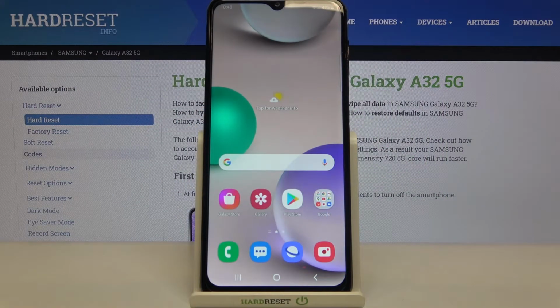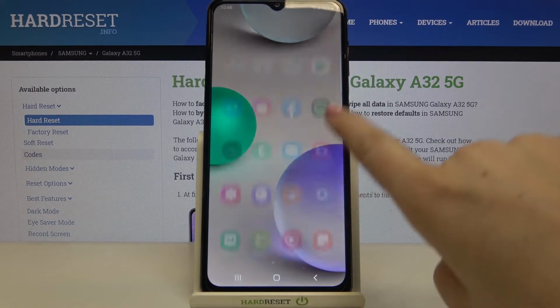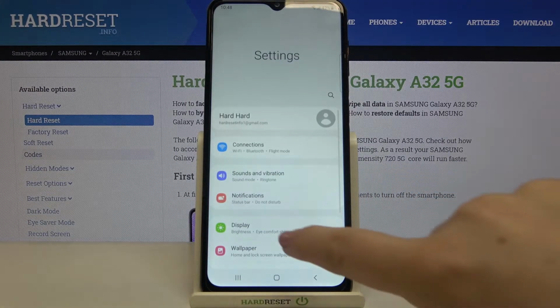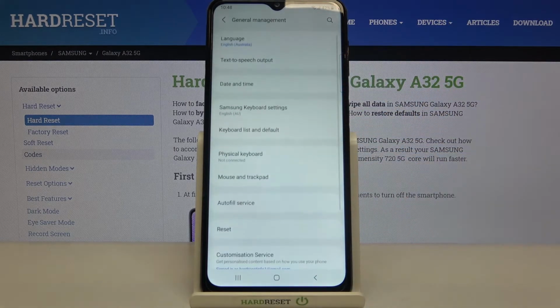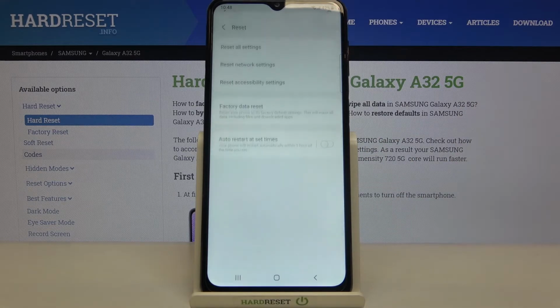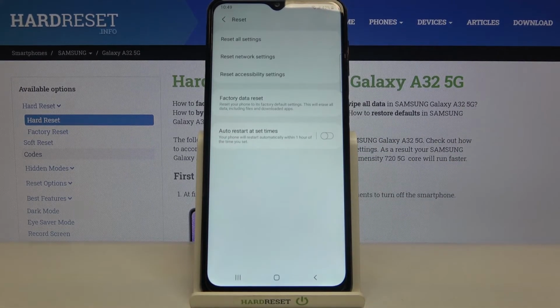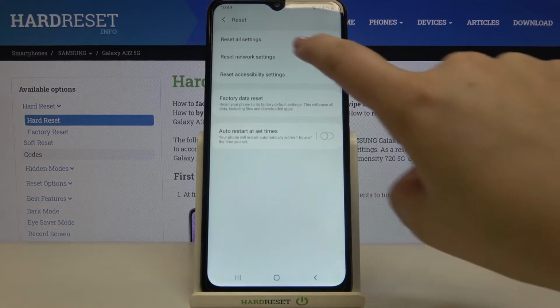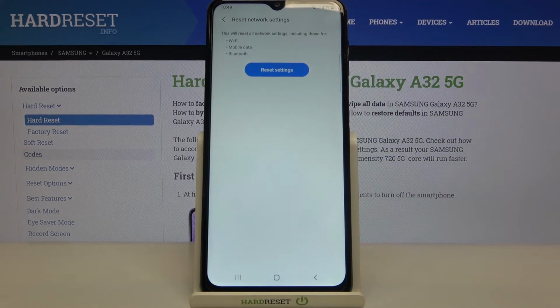Hi everyone, here we've got Samsung Galaxy A32 and let me share with you how to reset network preferences on this device. So firstly we have to find and open the settings, and now let's scroll down to the general management. Here we have to tap on the reset option, and as you can see on the second position we've got the option we are looking for, so let's tap on it,